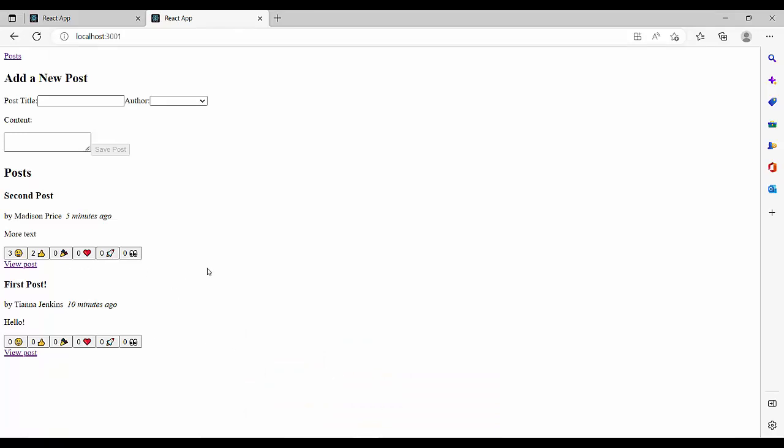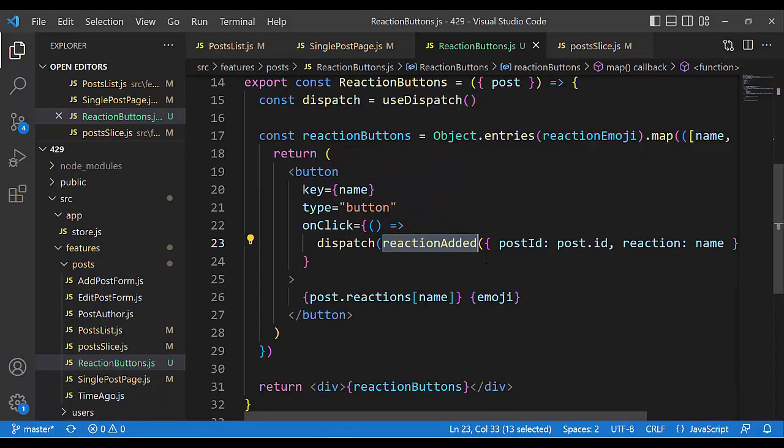It is interesting that here is a form, and the form has a button, but in post list we create a button for every post, and we have reactions, and concretely here 1, 2, 3, 4, 5, 6 buttons. There are 6 buttons here, and we see emoji, and for every post there are 6 buttons, and when we click on one button, the dispatch method takes the action reactionAdded,